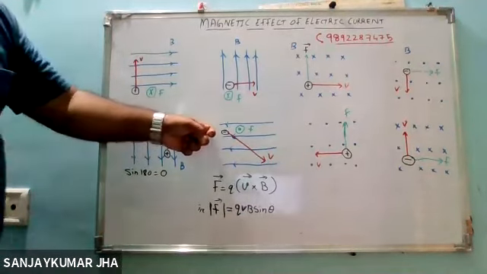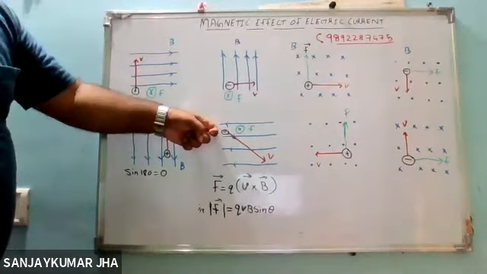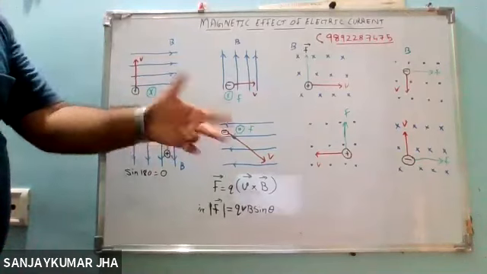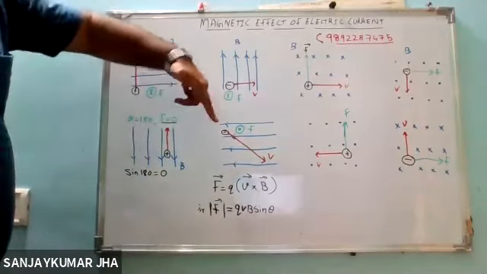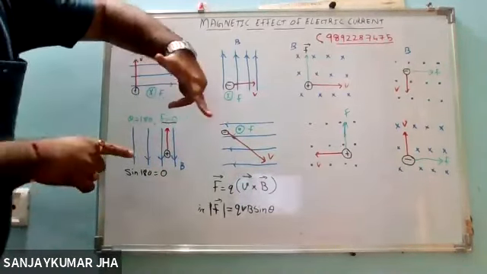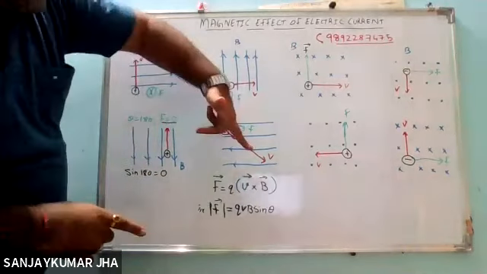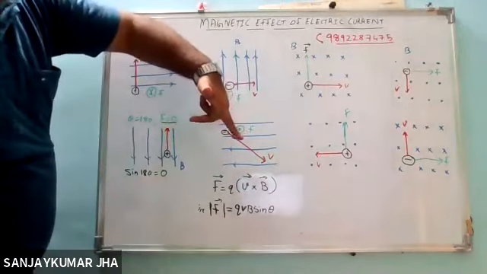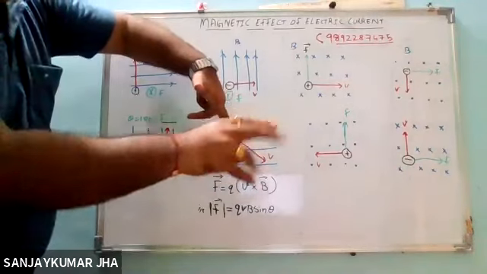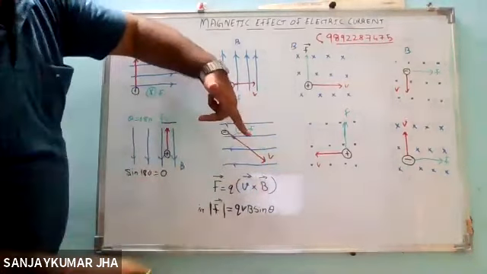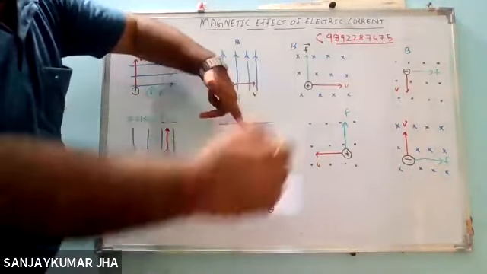Okay. Now we have it in this way. See, this is a negative charge. Negative charge means left hand, of course. V is the direction for velocity. See, of course, it is not perpendicular. So there is some angle between 0 and 180. So obviously it will be tracing a path.